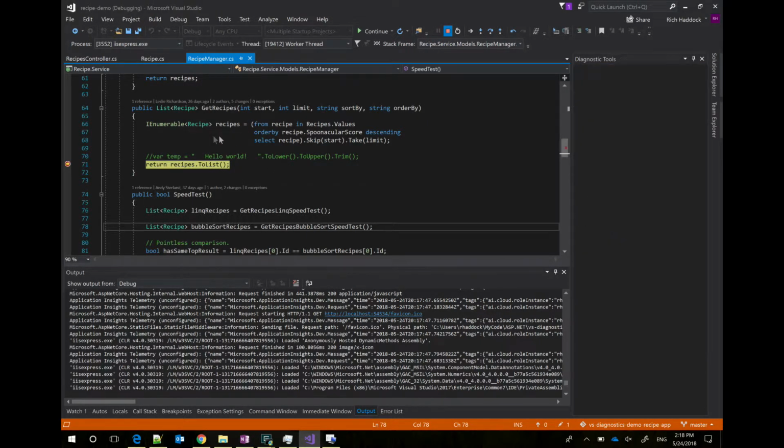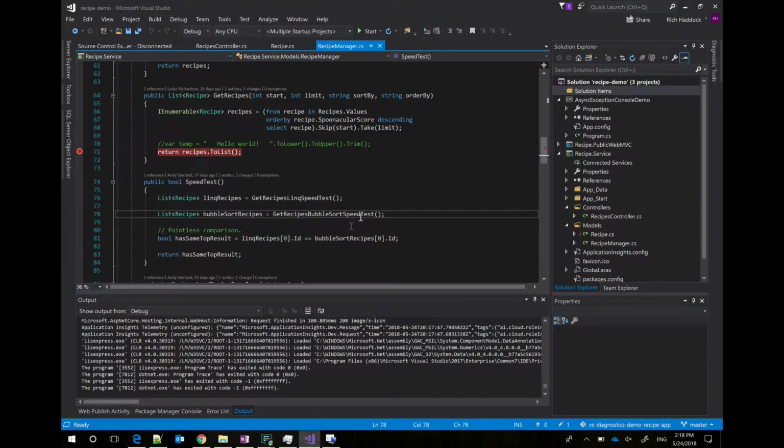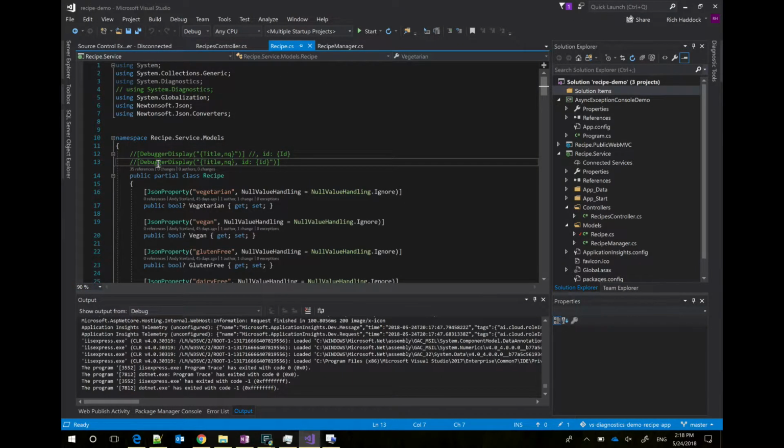And luckily there is a technology that can come to our aid here, and it's the DebuggerDisplay attribute. You attribute it over a class. I've got a couple that I've commented out. One is just a really basic one, and one has two different pieces. So I'm pulling the Title property and the Id property out of this Recipe class.